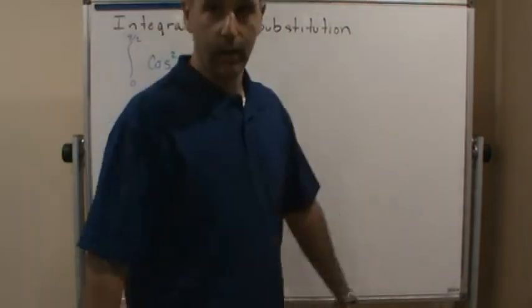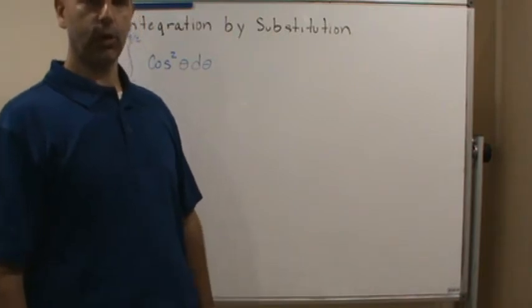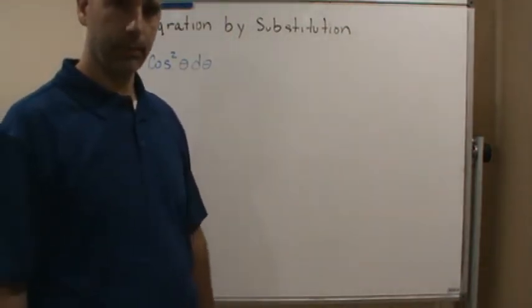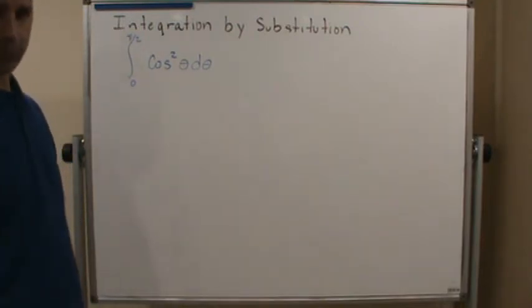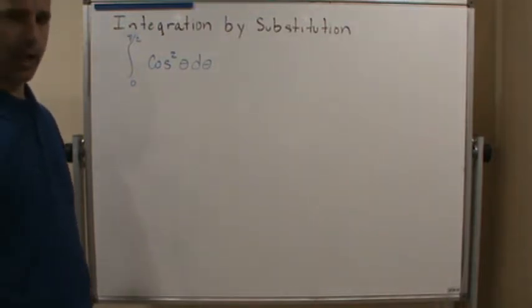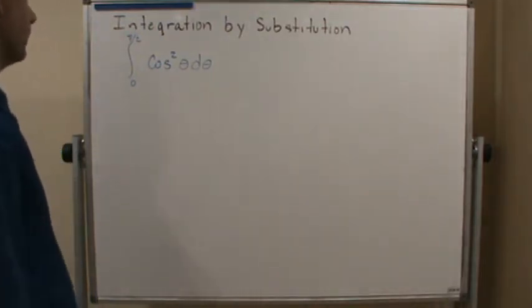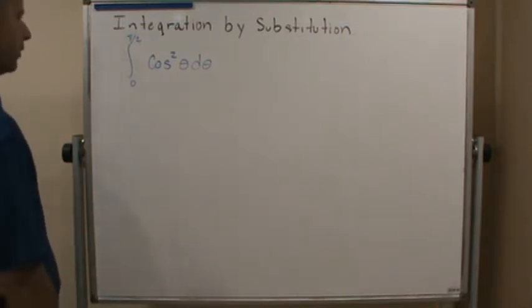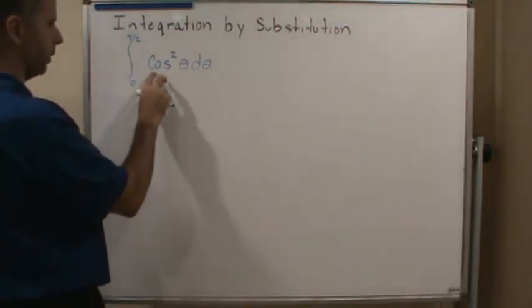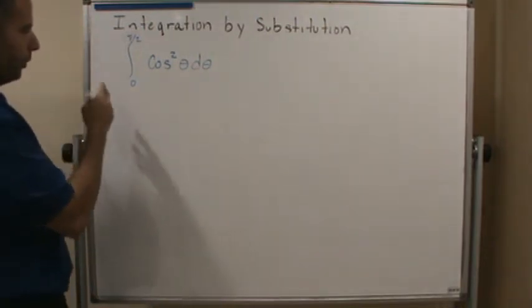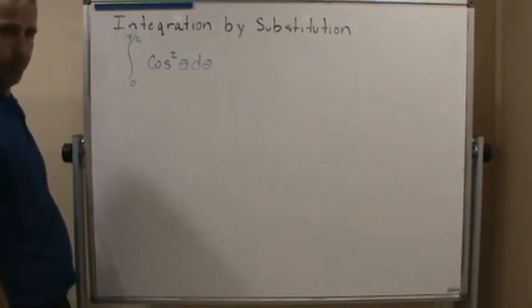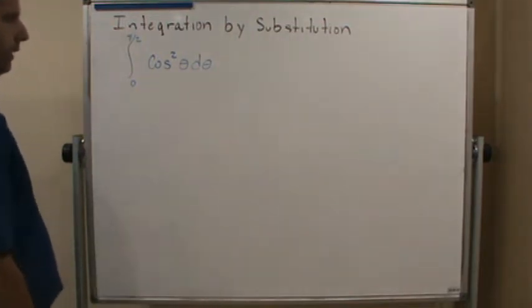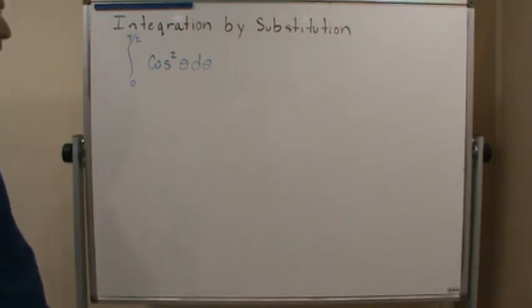Okay. So in this video, we're going to do another U substitution. We're going to use substitution again, but this time we're going to have to do something else. We're going to have to change some things around, because if you look in here, we've got a trig function, cosine squared theta. Well, you don't have any sine anywhere. So this is going to make it difficult to do a U substitution